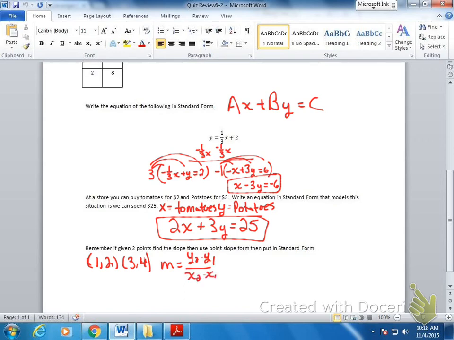Once we get m, we have points, so we can put it in the point-slope form. y minus y1 equals m times x minus x1. Now, once you solve that, you'll have the equation. It'll look a lot like the one where we had y equals 1/3 x plus 2. Then you have to put it in standard form. Remember, Ax plus By